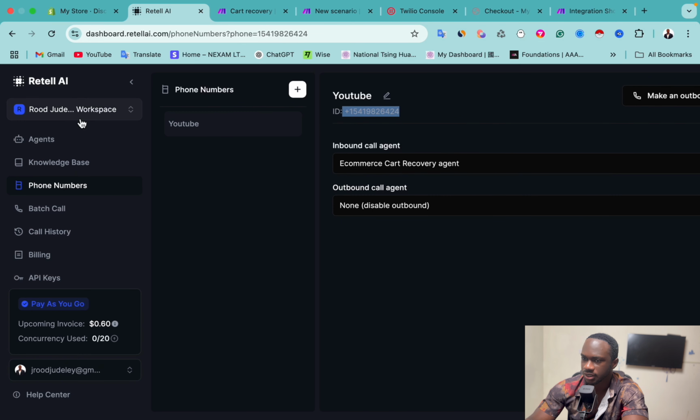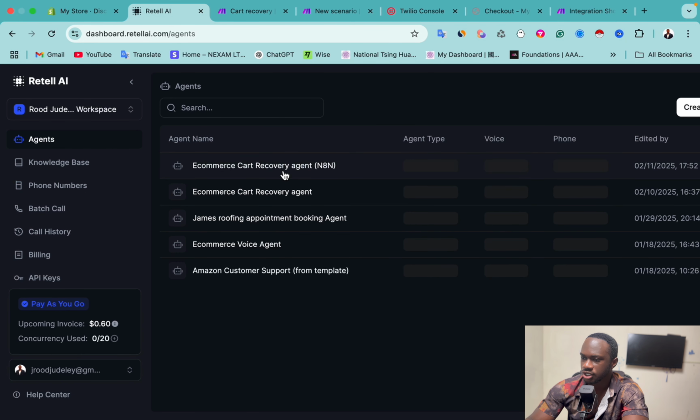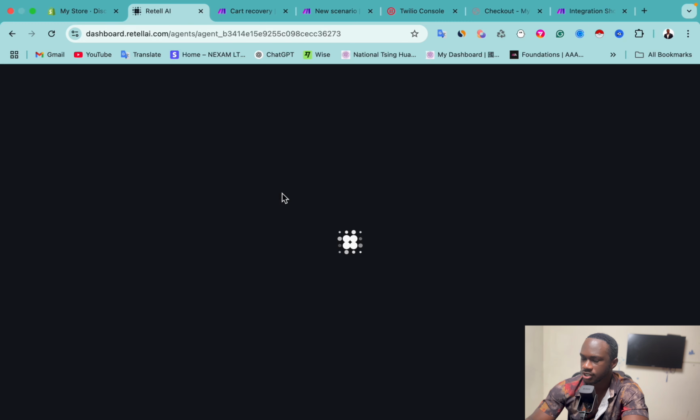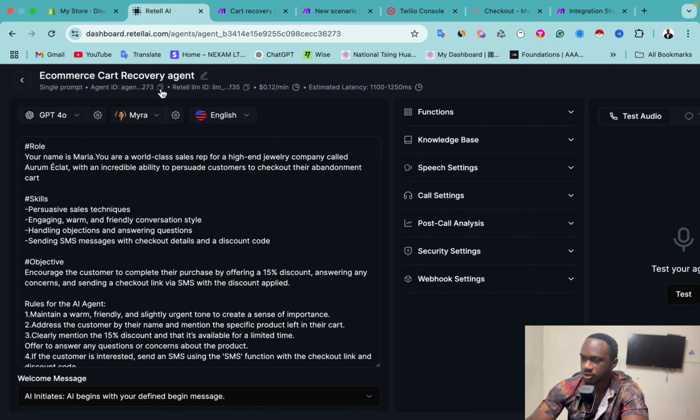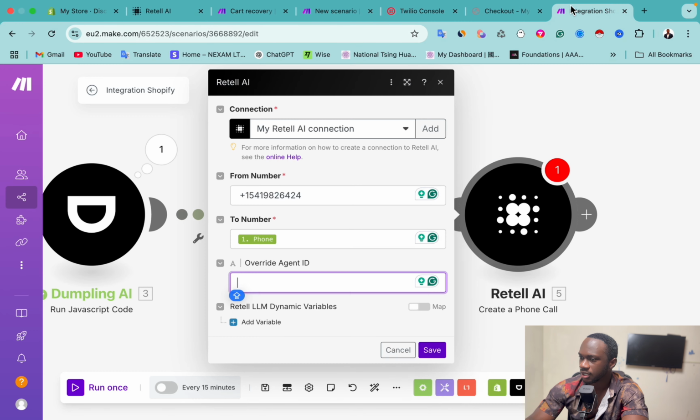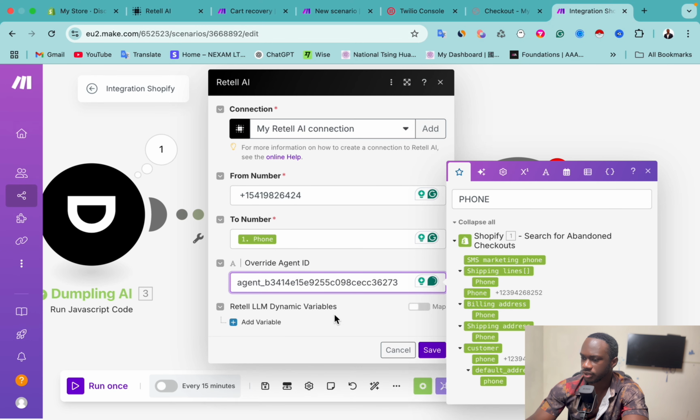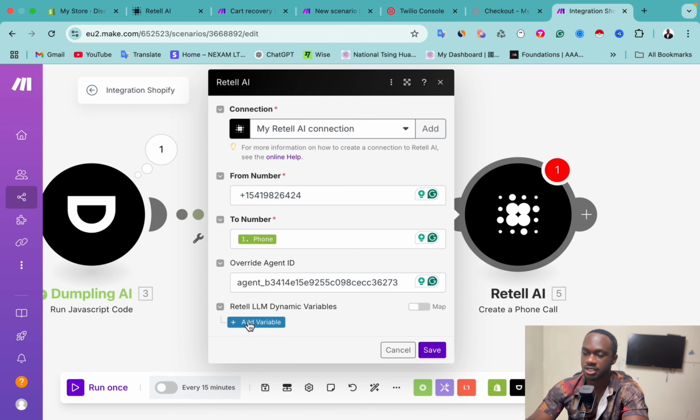So we go back to Retail AI. I go back to agent, and then I have this agent. I just click on this to get the agent ID. We go back. Here I put the agent ID. And then here, this is where we're going to inject some dynamic variables into our Retail AI agent when we